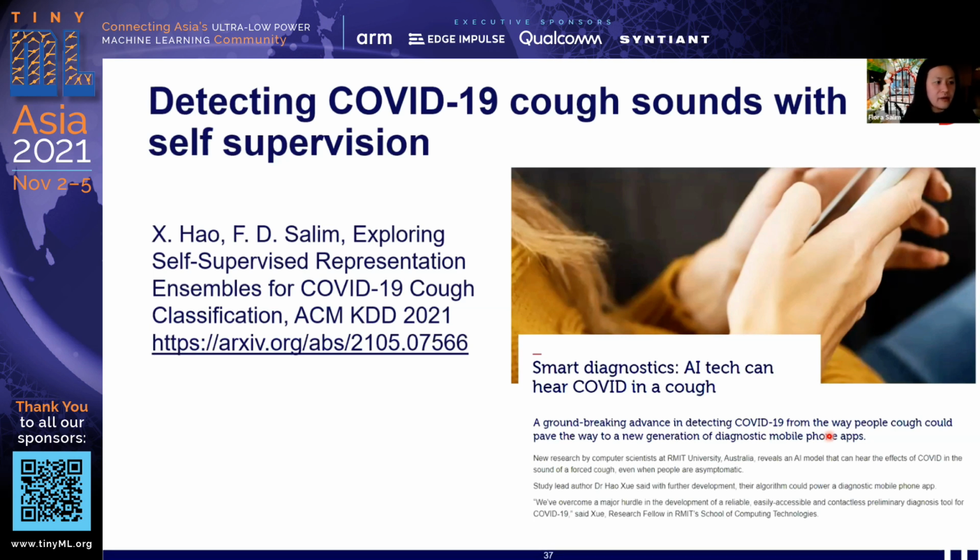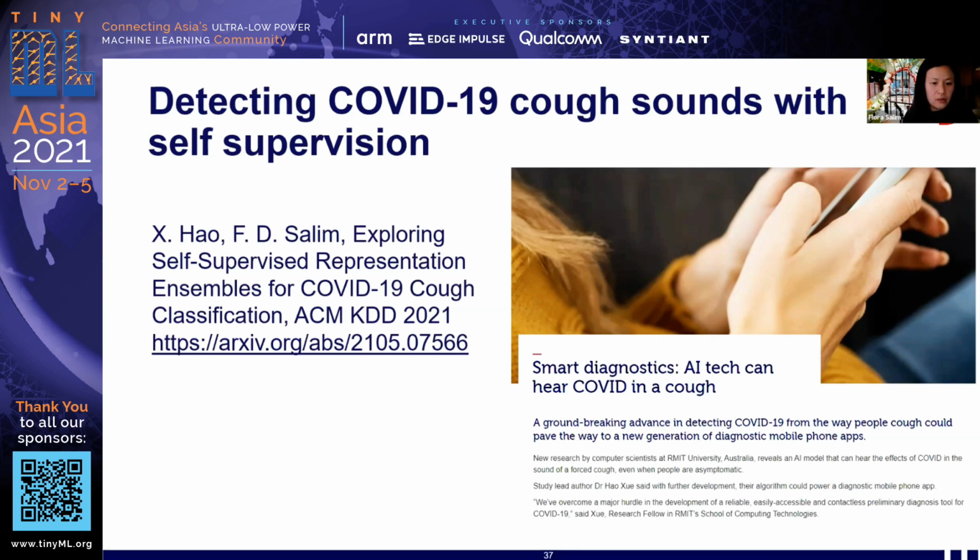There are a lot of activities by organizations and universities that introduced mobile apps to collect cough sounds. Some people annotate, after they got a COVID test, whether they were a positive case or not. But there are a lot more cough sounds that don't have any annotations at all.